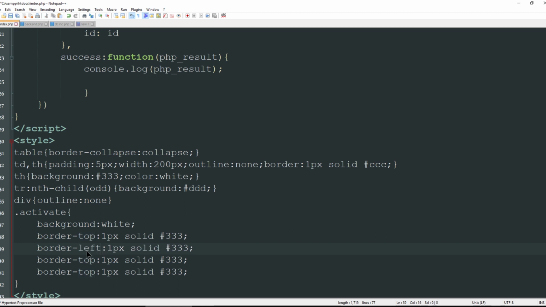So border left is going to be the same. Border right and border bottom are going to be different colors. I'll just make this a light color here. All right, so I'll go ahead and give this a little bit of padding. We'll do 2px, just to get it off the walls, and then we have to call this class whenever that